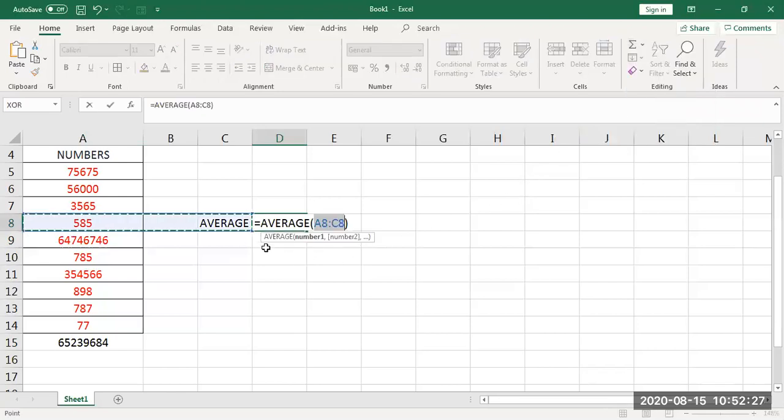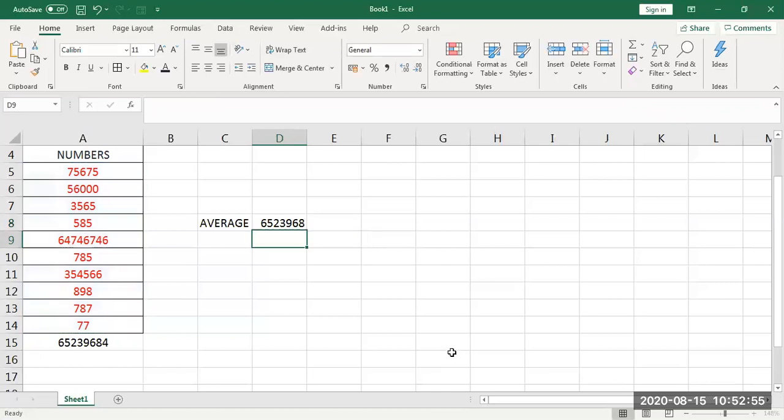By default the system will select this, but I wanted average between A5 to A17. Instead of this arrow key, you select like this if you show. Don't take the sum, okay? This is only the values. And average is, that means what is it taking? A5. Understand the thing, equal to average, which is the function we are going to do, A5 to A14. That means from this location to this location it is going to calculate. Press enter, you will get the average of these values.